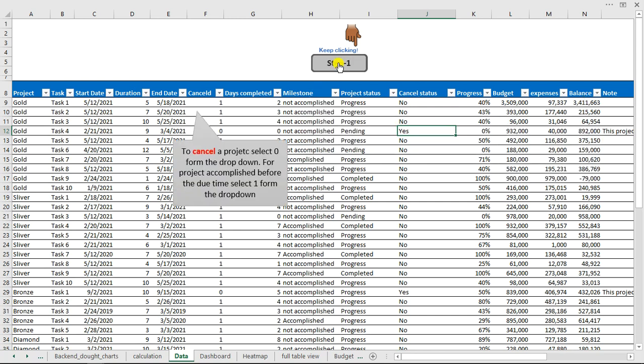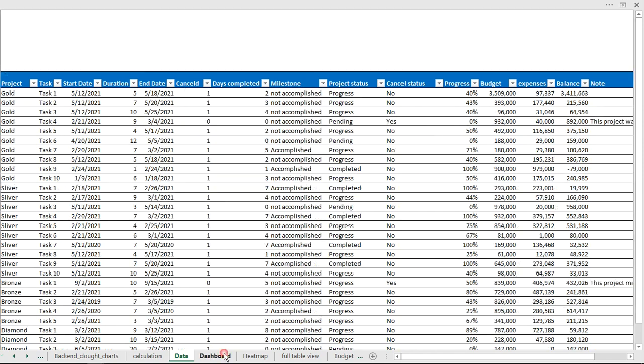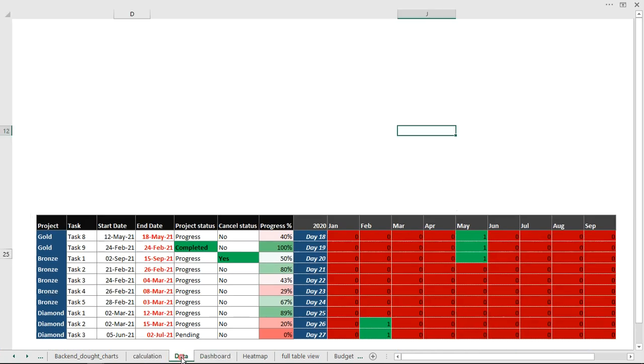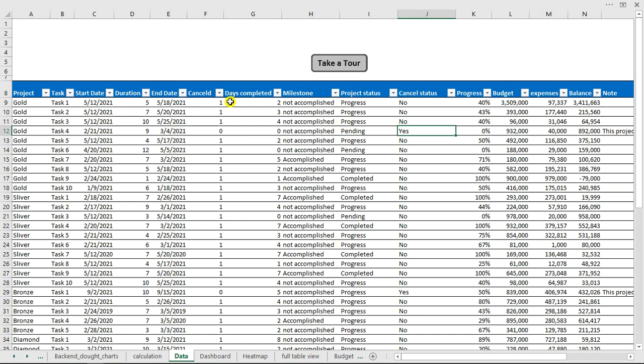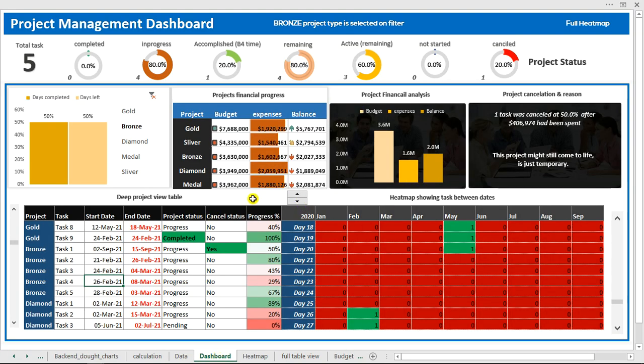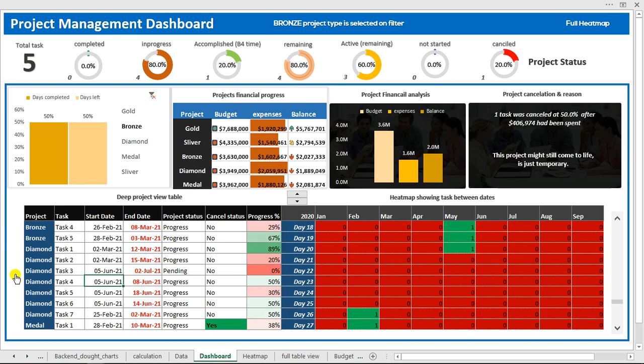If you are still hanging around, let me take you to this particular dashboard right here. The dashboard is from this data, and the data is all about project management, how to manage a project. If I click on it, you see this particular dashboard right here. It's very awesome. You can take a look at it in my dashboard tutorial. I'm going to be leaving the link of this dashboard right there. You can download it and take a look at how the dashboard is created, and you can see we have this particular